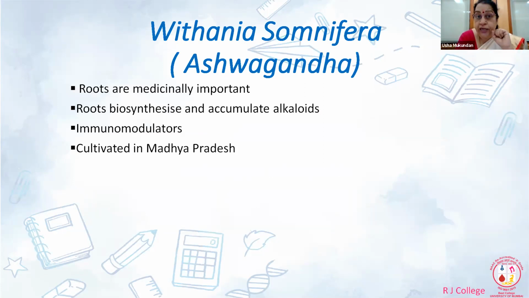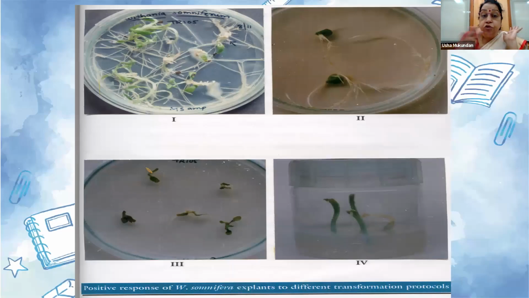And therefore they have these properties. And as I mentioned, many of the herbal plants are grown, or there are centers for growing these plants. So there is a place in Madhya Pradesh known as Mandsaur where they are grown. It's known more for poppy cultivation, but they have a field established, and there are many elite varieties of ashwagandha, and they have ashwagandha and Rauwolfia serpentina. So seeds were procured from Mandsaur, and we established root cultures from different varieties. So somewhere you will see JA24 depending upon the variety from which it has been established.